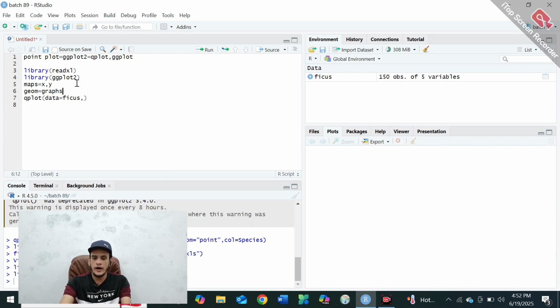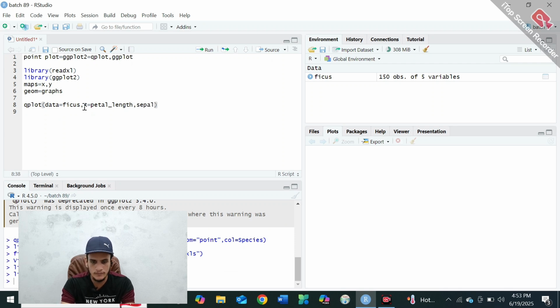So now I write the script. Data is equal to ficus. The first word will be the function, so I write the function. Second, data. After that, map. Map x is equal to Petal.Length. The second one is sepal width.